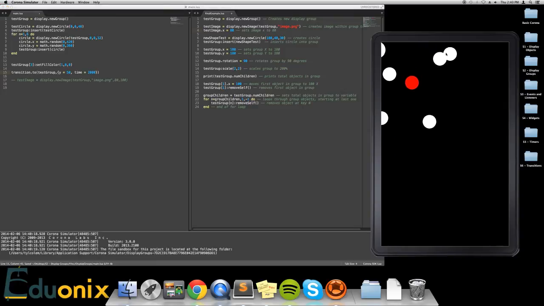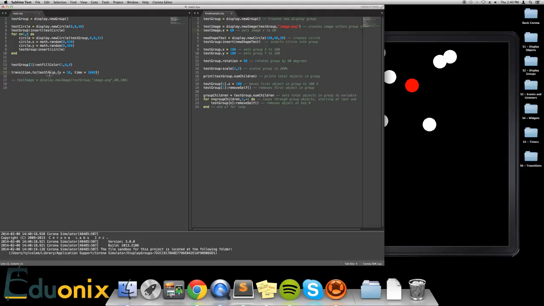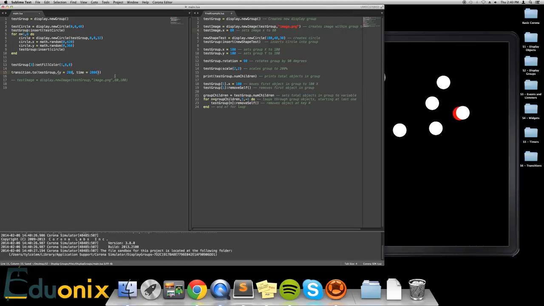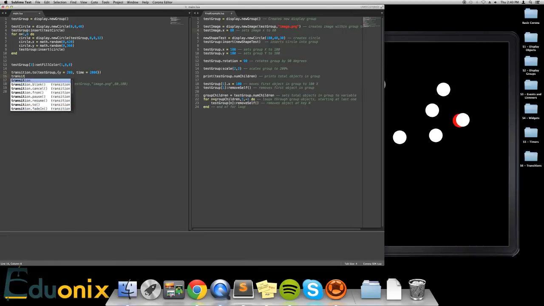So you'll see here all of the circles are moving because the group itself is moving. So if we were to do something like this, and at the same time we could do a transition of moving